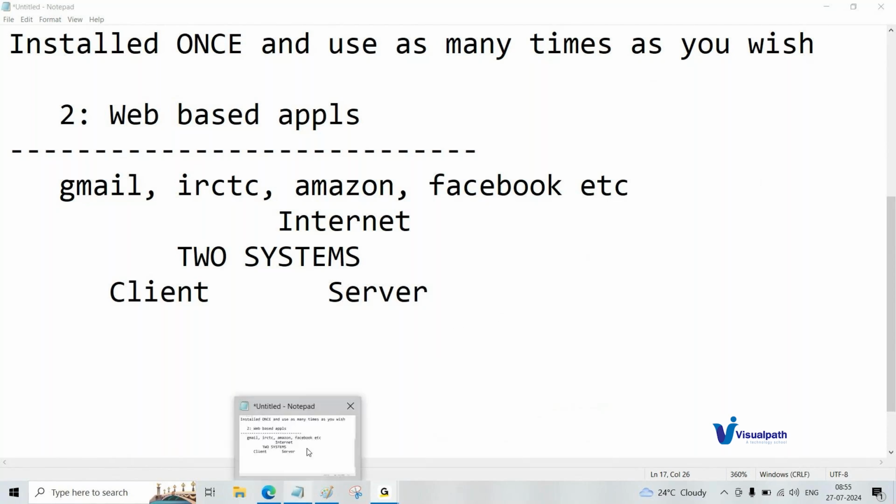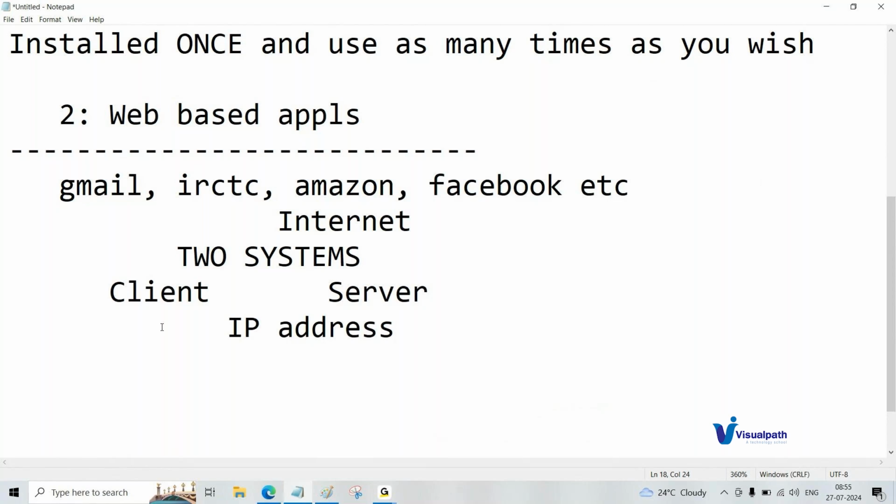And how we connect is, so many things are there on the internet, no? But how we connect to a specific system is, every system connected to the internet has a dedicated IP address. You know, right? An IP address starts from 192. The example I'm telling you will not be the same. So by typing this IP address in the browser of your client machine,